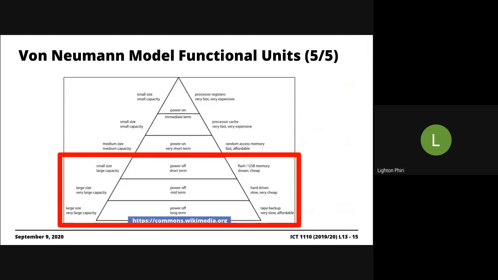All right, and so our focus now is on this bottom layer of the pyramid, and you immediately notice that those characteristics we spoke about are somewhat different here. And I want to draw attention to things like power, right? So the data that you store on secondary storage mediums is typically going to be persistent irrespective of whether you're supplying electricity to the memory component, right? So think of a flash drive, a flash disk, for instance. The data is still going to persist irrespective of whether it's connected to a computer system or something.